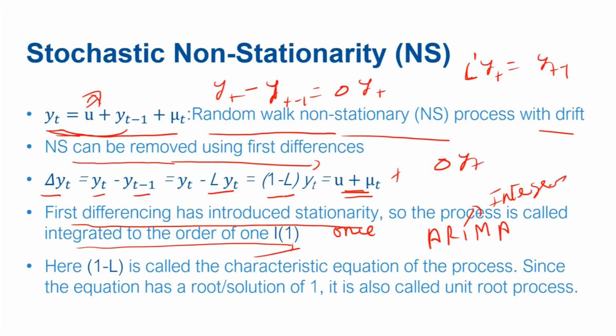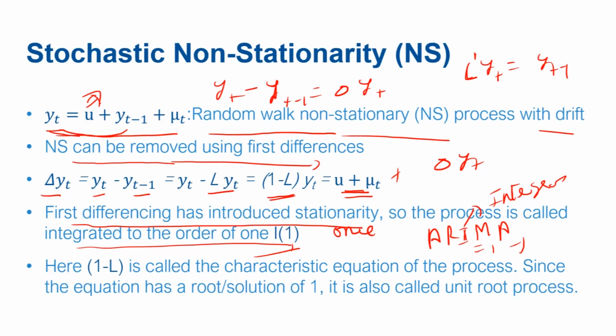So this is how you deal with this non-stationarity. You account for the non-stationarity by taking first difference. In this case, it is integrated of order 1. So you have to take only first difference. It could have been second order non-stationarity, then you would have to take the first difference 2 times, and in that case this I value will change from 1 to 2. So depending upon the order of integration, the I value changes, and this is how you account for that non-stationarity.